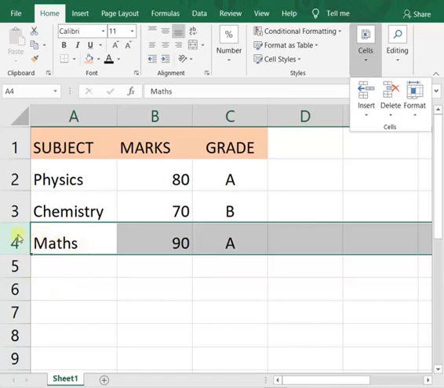That means the row which I have deleted just now will be replaced by the row below it, because the number of rows in our worksheet is limited, that is fixed. It cannot be more or less than this number. So the number of rows is constant.